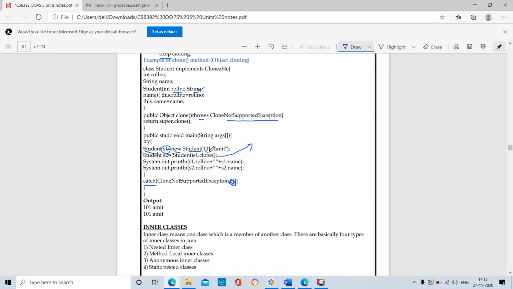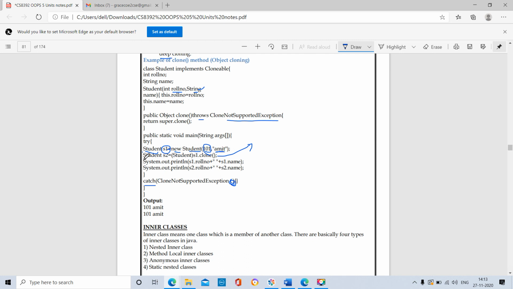So roll number is 101, and a string we should enclose with double quotation. Within the double quotation we mention the string. So Amit is the string, and the name variable got the value Amit.